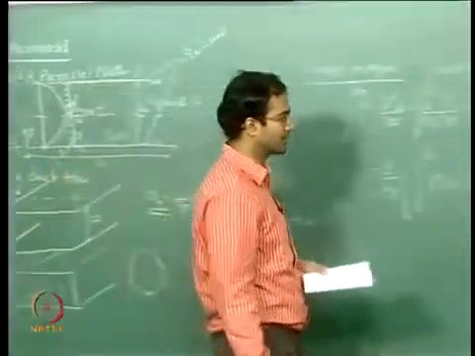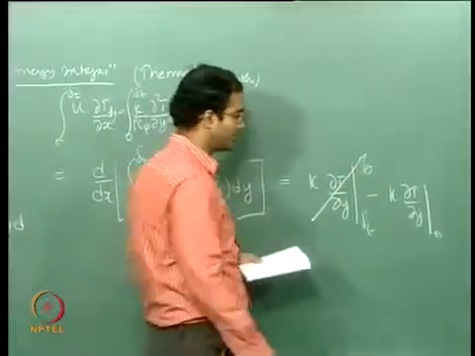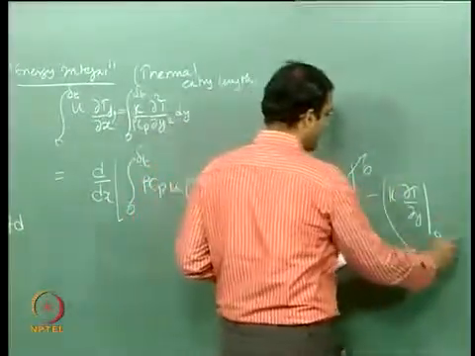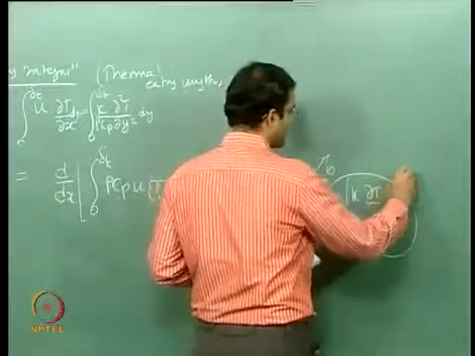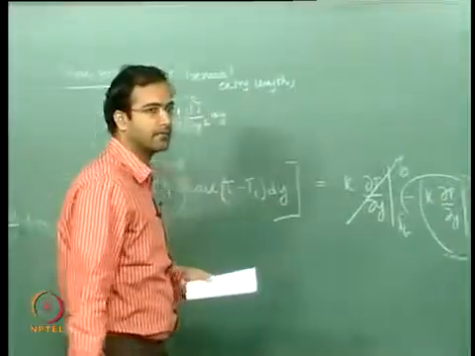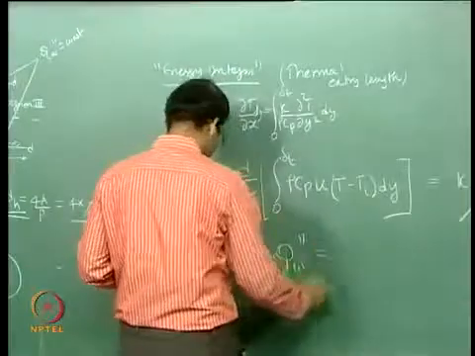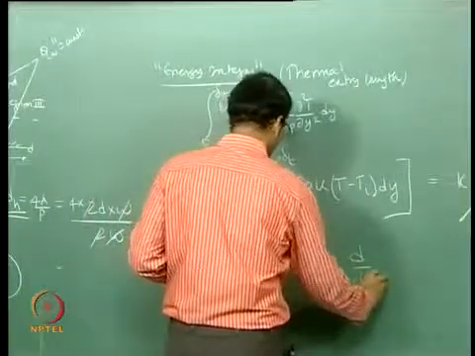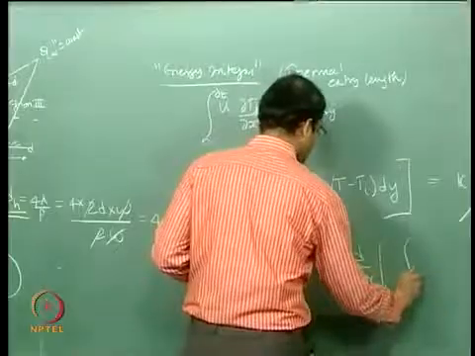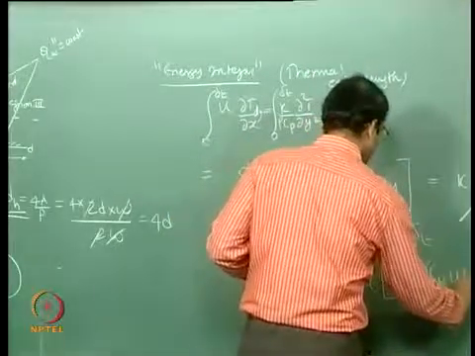It is 0, okay, that is a boundary layer condition, and minus k dT by dy is nothing but your given heat flux, which is a constant. Okay, so therefore in this case your energy integral simplifies to the integral from 0 to delta t of rho Cp into u